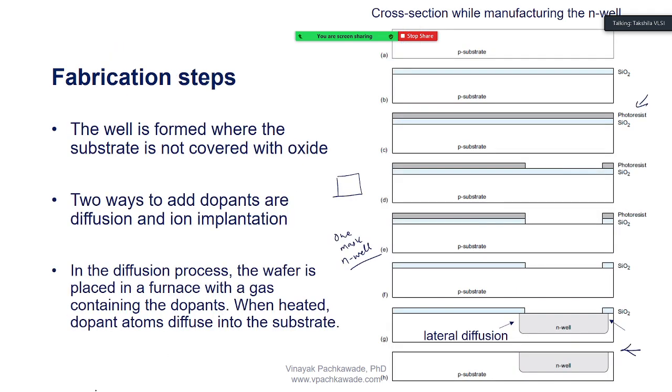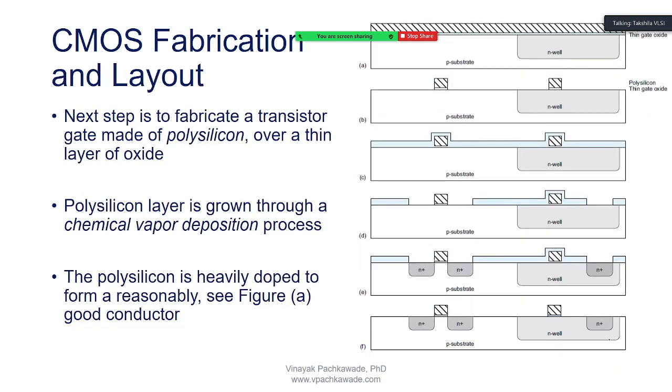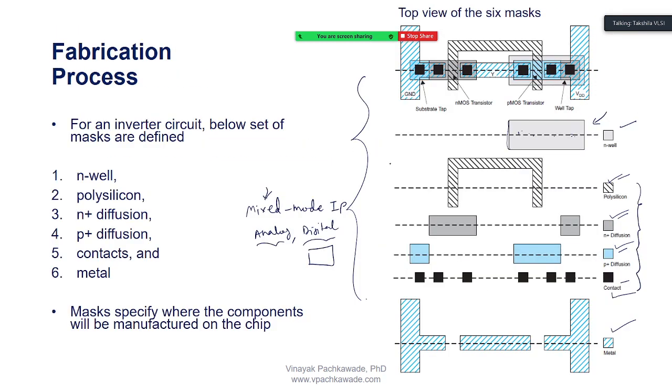So once we are done with this, what are we going to do? We just managed to fabricate the N well, so let's go to the next step. What do I want to fabricate next? I want to fabricate polysilicon now. I know what the polysilicon mask looks like. So I go back to this figure. Can anybody tell me where the polysilicon mask is? Here. This is the polysilicon mask where I have connected two gates of the